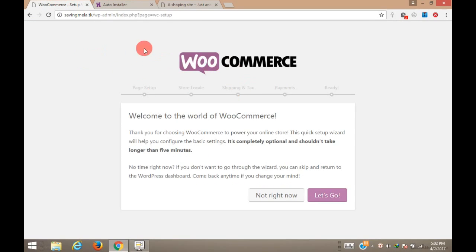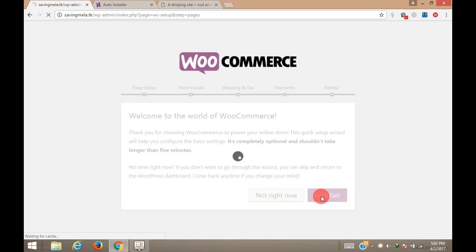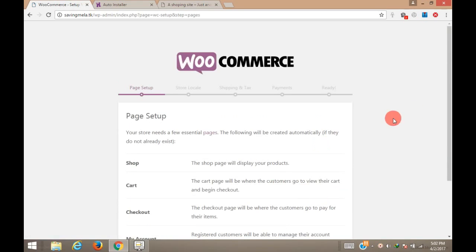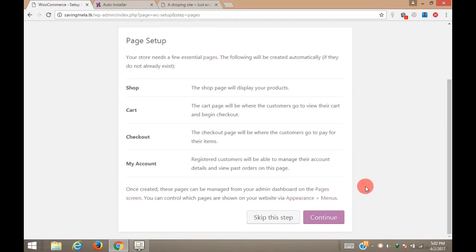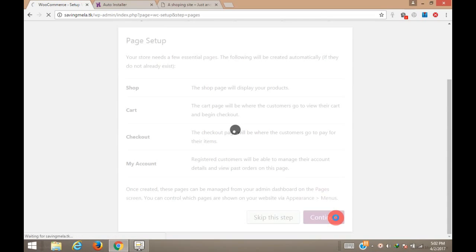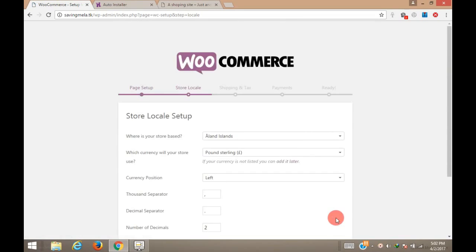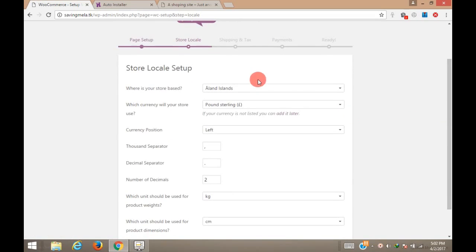Here you can see the automatic WooCommerce dialog box comes. So now let's set it up. Now let's click on let's go. Here you have to click on continue. Now set up your store base.